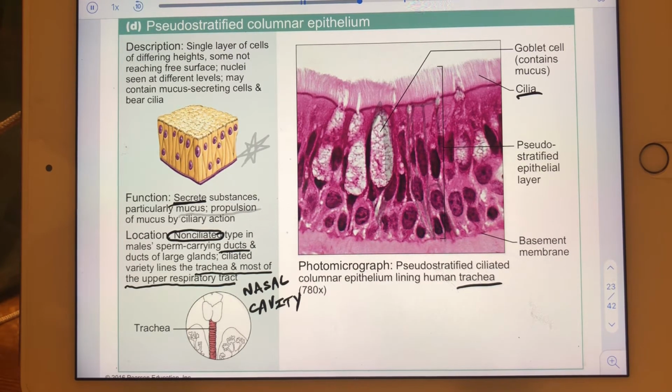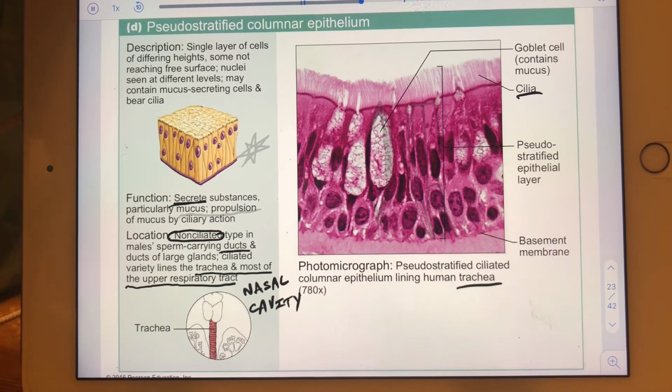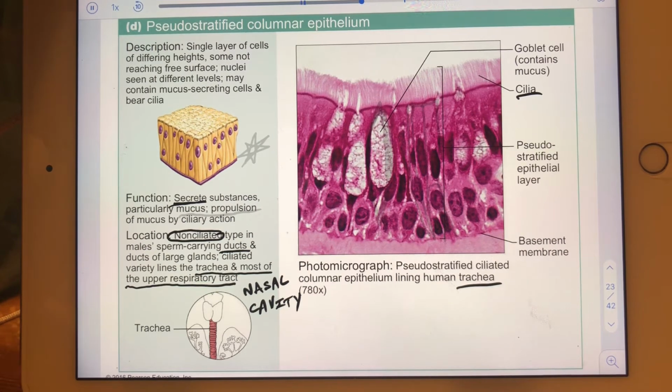However, since cilia are so common, it's a little more difficult to get absorption done, because cilia don't provide more surface area for absorption. It's more like they provide more obstacles that would prevent absorption from being maximally efficient. And those cilia are typically there to help sweep mucus, to propel, if you will, mucus. So, for instance, in the trachea, we're constantly secreting mucus via